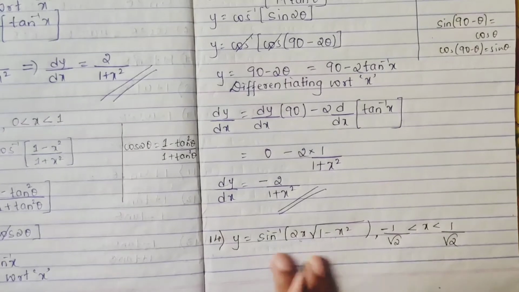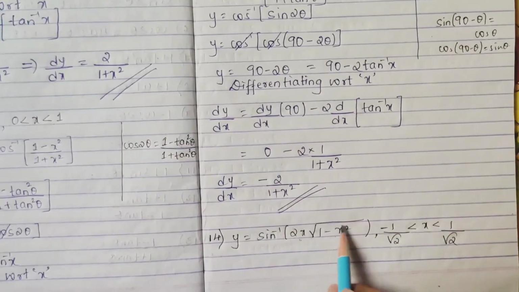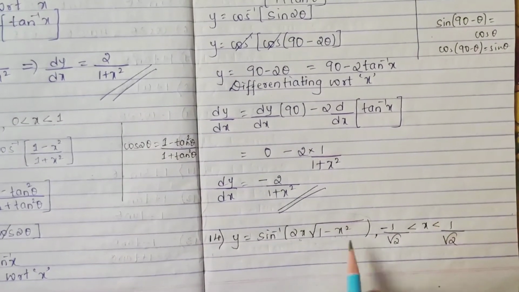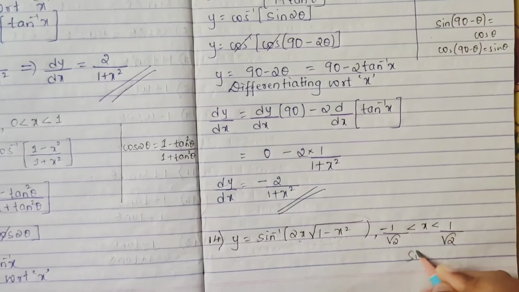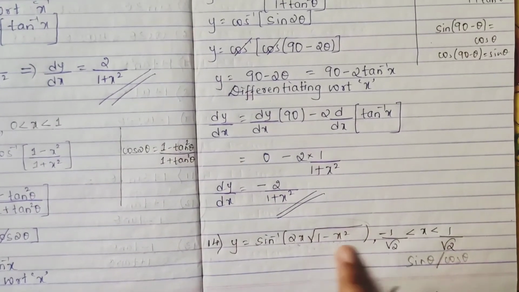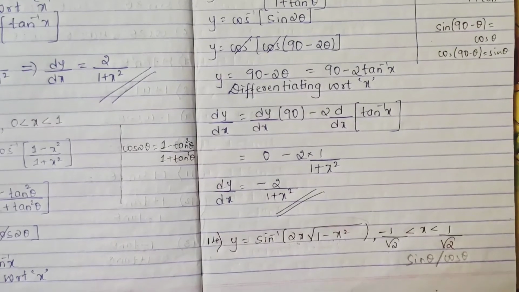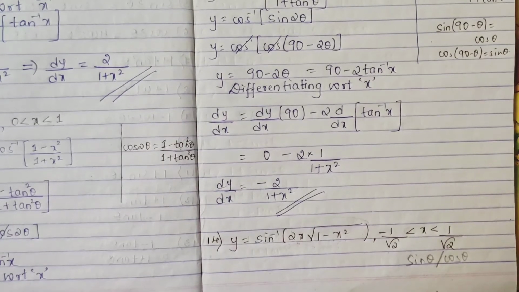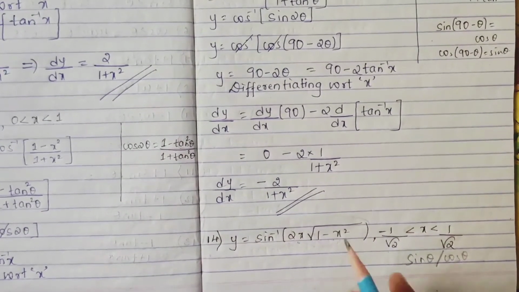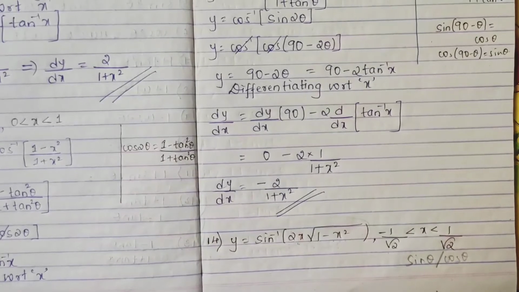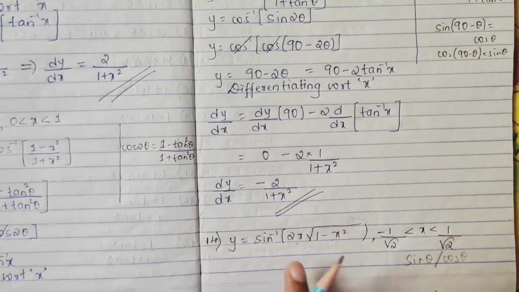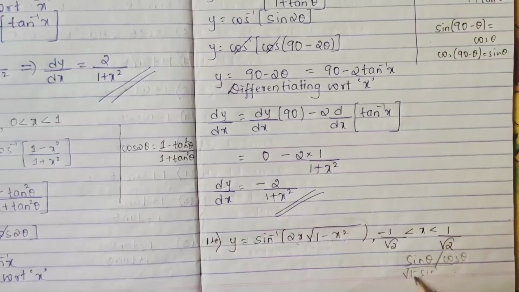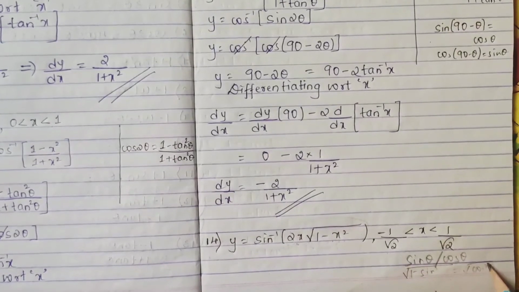So when such a problem comes, you should make sure which formulas to use to replace x. Whenever you have a root and 1 minus x square or 1 plus x square, you can put either sine or cos, sin theta or cos theta. If you have 1 by 1 plus x square, like in your previous sums where you had 2x by 1 plus x square, then 1 minus x square whole divided by 1 plus x square, you can go directly for tan or cot. If you have such a root, then you can go for sine or cos. If you put root of 1 minus sine square theta, 1 minus sine square theta is what? Cos square theta, and again the root gets cancelled.